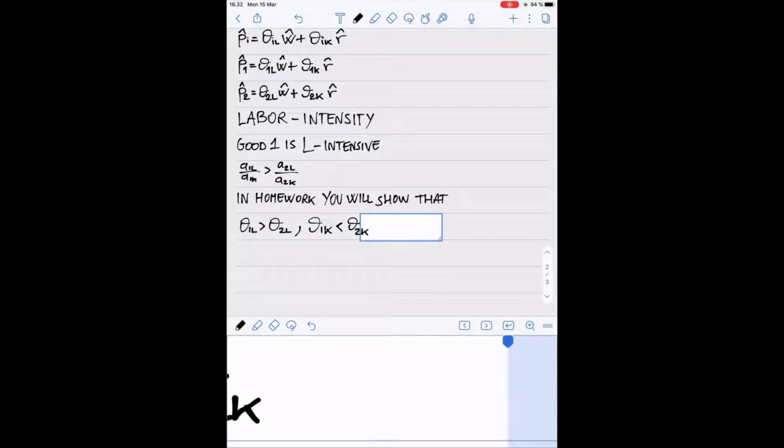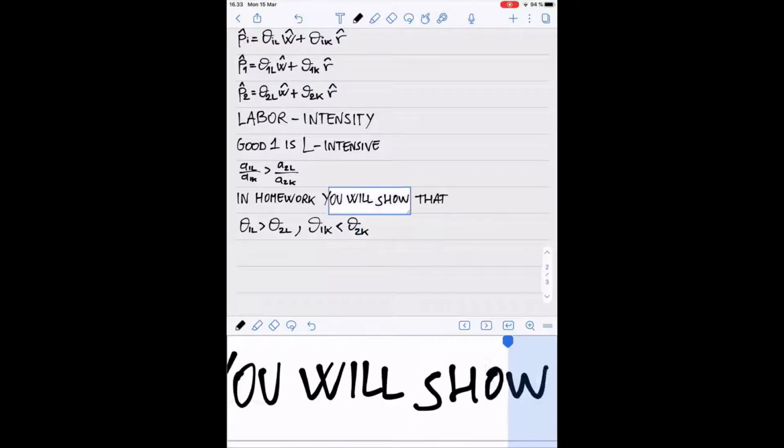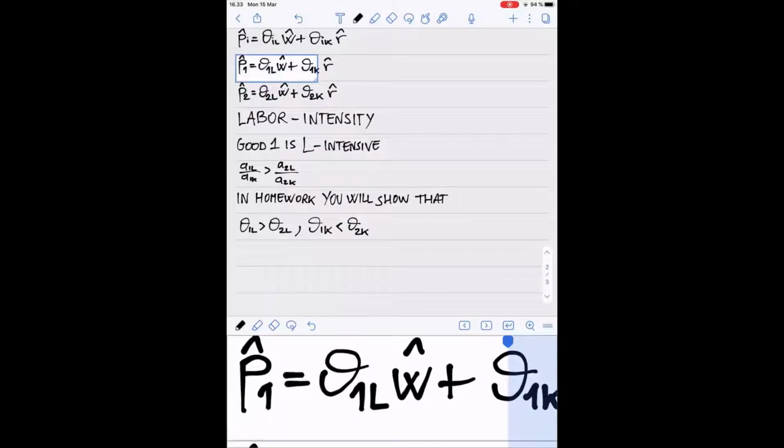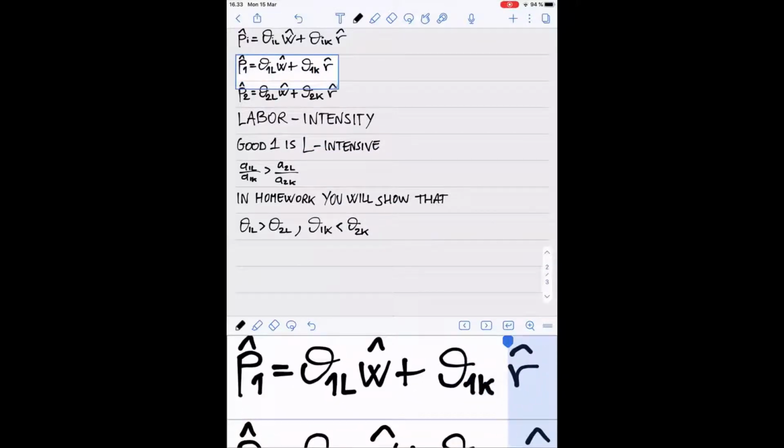Okay, so you show that in the homework. Depending on how good you are at doing mental algebra, it's just a few lines of algebra that comes straight out of the definition of labor intensity. Okay. So we needed to make this little parenthesis and define the labor intensity in terms of theta,